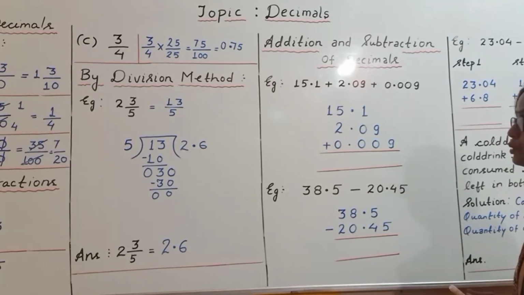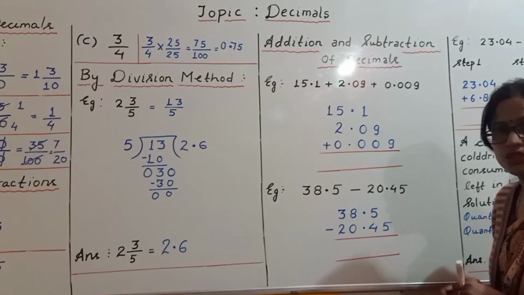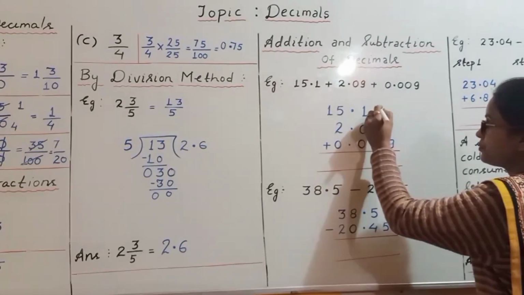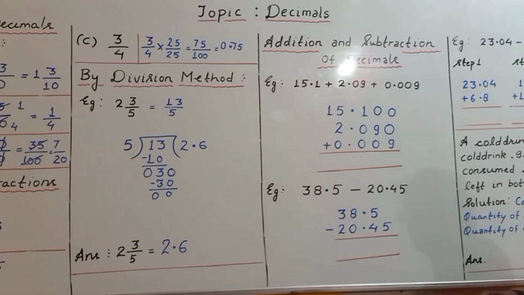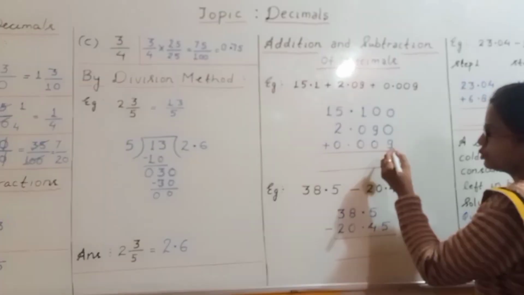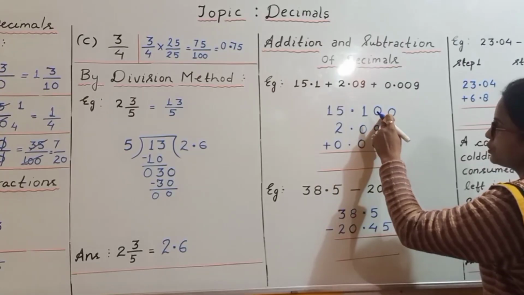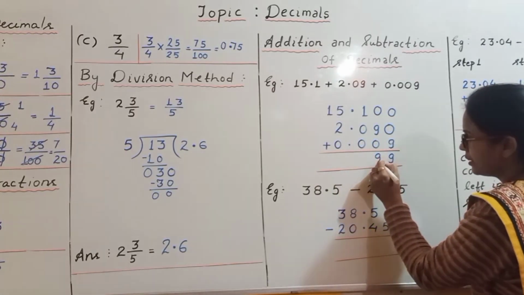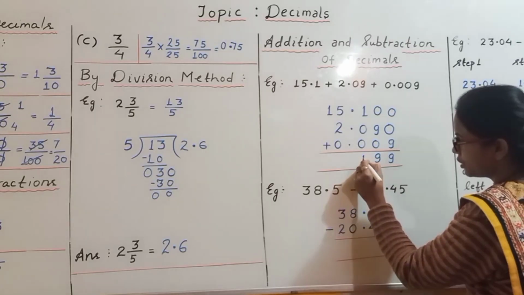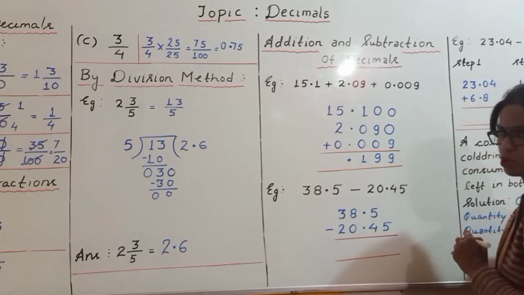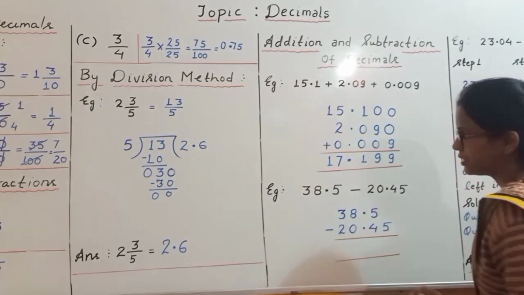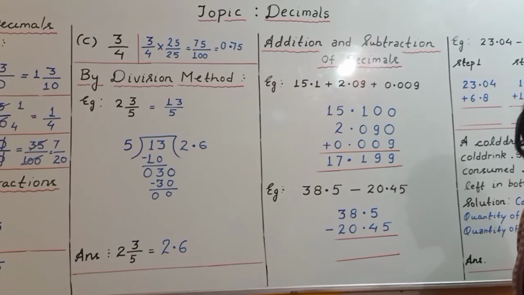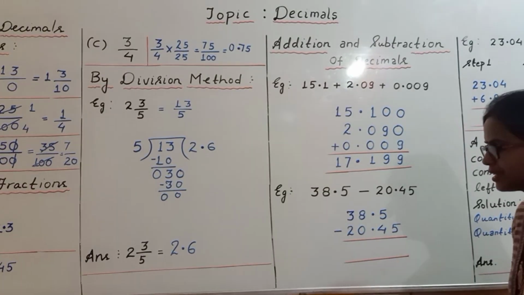Now we will convert them into like decimals by putting 0 at the extreme right. Okay. Now all three decimals are like decimals. We can add them. 0 plus 0 plus 9 is 9. 0 plus 9 plus 0 is 9. 1 plus 0 is 1. Then the decimal will copy down. 5 plus 2, 7 and 1. Answer is 70.199. Next, see the example of subtraction.